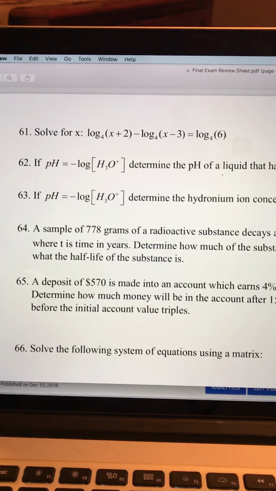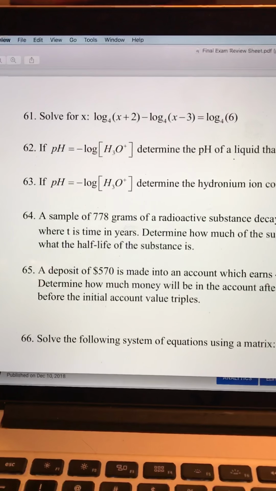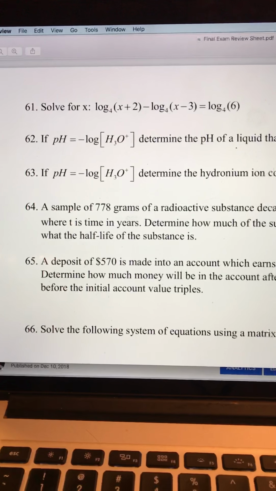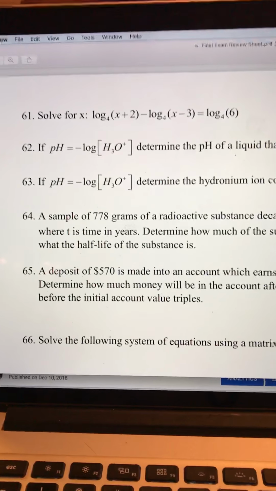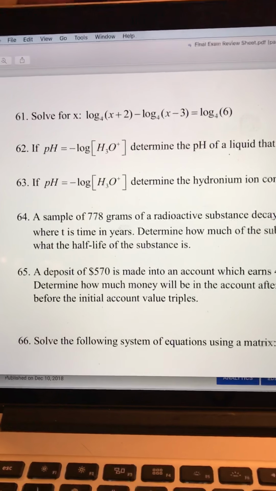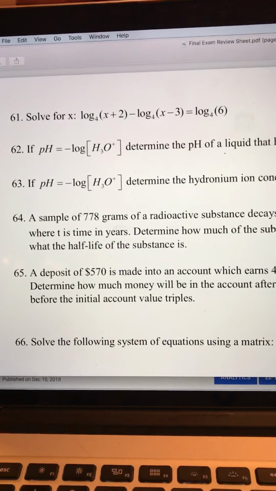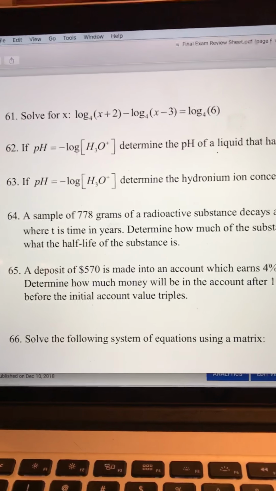Number 61, solve for x. Log base 4 of x plus 2 minus log base 4 of x minus 3 equals log base 4 of 6. All right, this one,